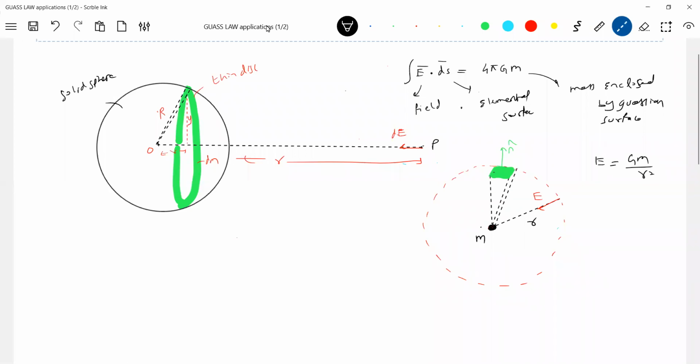I think I'm able to show this one. So what is the best thing? You take a football, and one patch will be there, no? That patch will subtend some small angle at the center, and at the center I kept some particle of mass m, a point mass m. The area of this patch I'll write as ds.